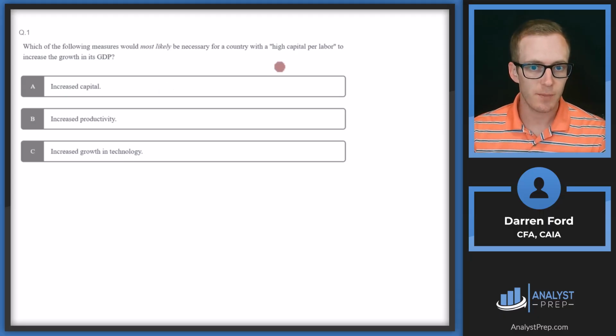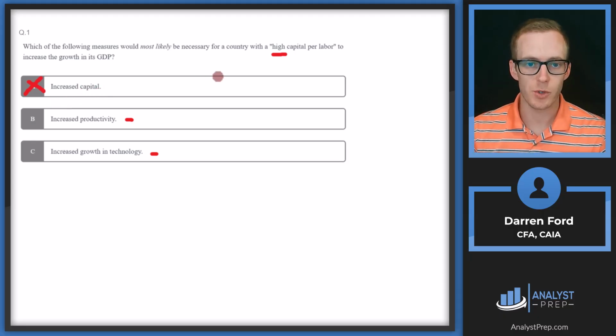So between these three, we already have high capital, so it's unlikely that increasing capital more is going to increase our growth in GDP. And that's because there's diminishing returns to that capital. You can only put so much capital into something to the point where that growth rate is going to drop off. So then between increased productivity and increased growth in technology, increased productivity